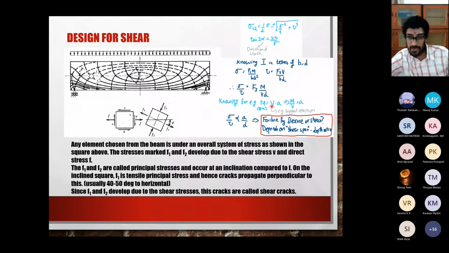So what does that mean? Shear span, what does it mean? So generally, moment is always written as force times some distance. Okay. So any part on this beam that you take, if you take a section over here, there will